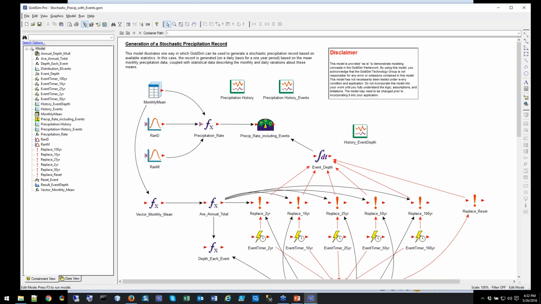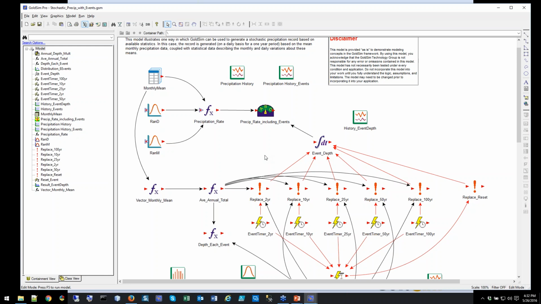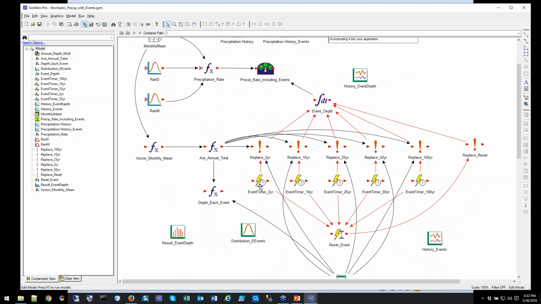This model is taking a model from our model library, the generation of a stochastic precipitation record model, and it's superimposing extreme events of various magnitudes on the daily precipitation record randomly generated by this model. The daily precipitation record could be thought of as your normal or typical precipitation, and then we have our timers going to our discrete changes, going to our stock, to provide the event that we're